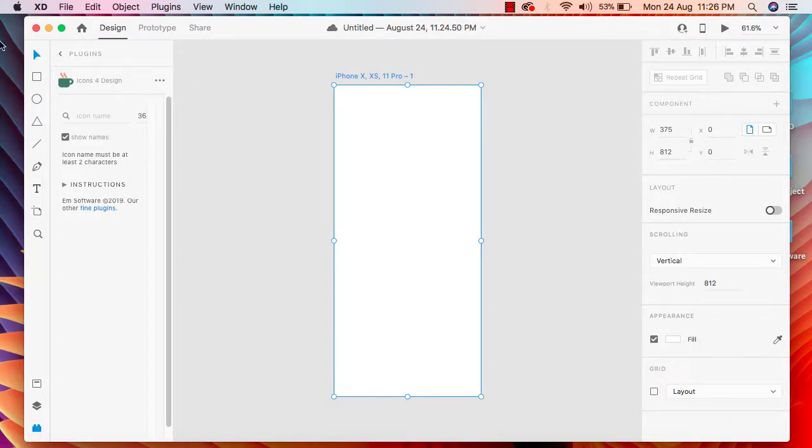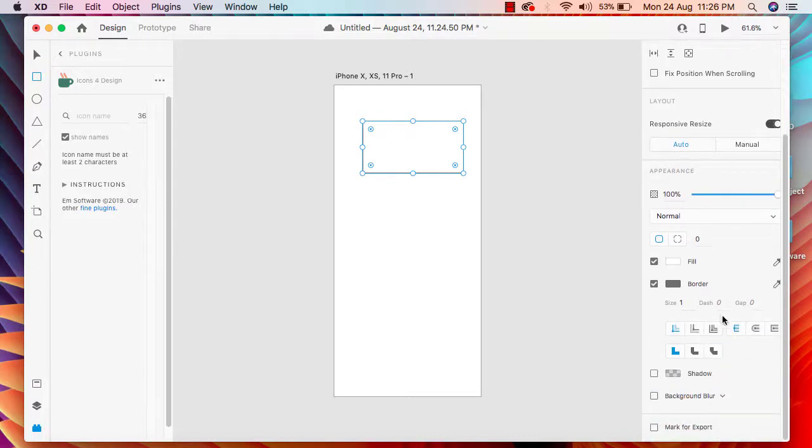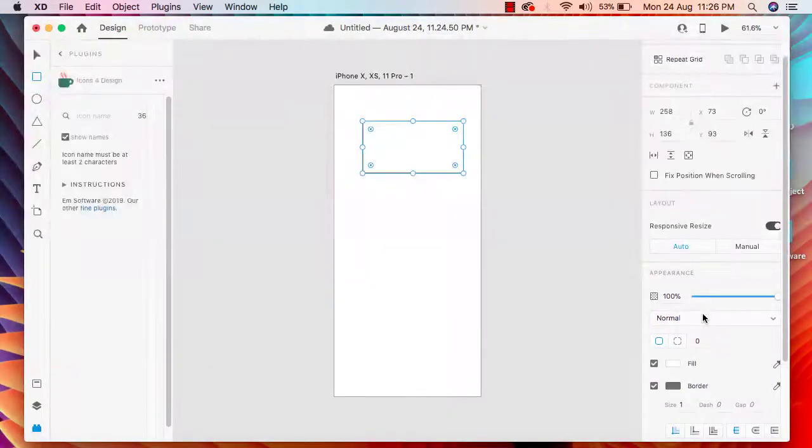So first let me add a rectangle here. If I select this rectangle, then you will be able to see a couple of options here, and we need to use each and every tool for different purposes to give the proper shape to our design. In here you will see W means the width, and H means the height, and this X and Y is the position of this rectangle. And these are the icons of horizontal and vertical tools.